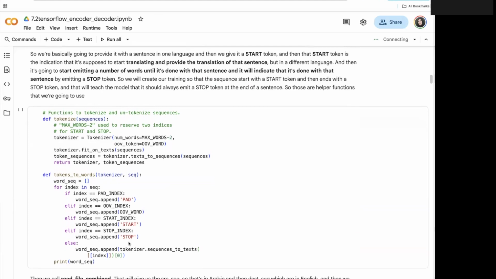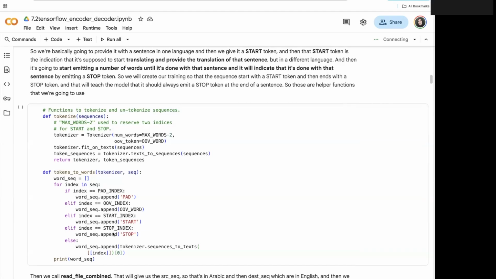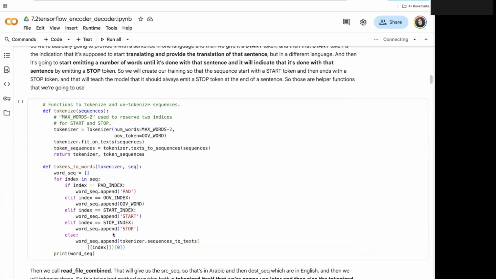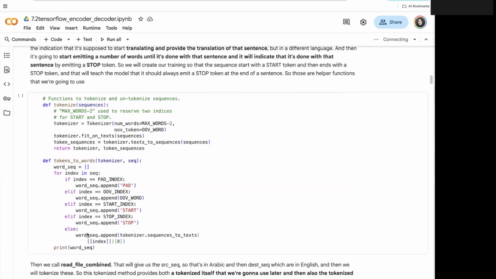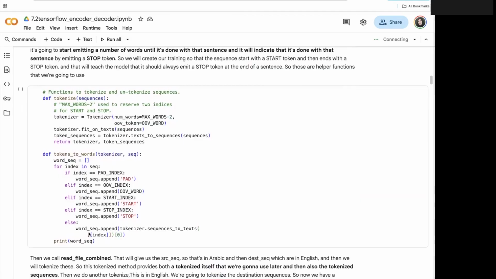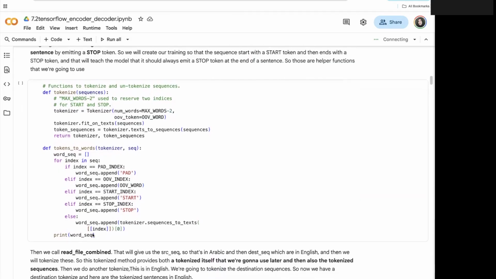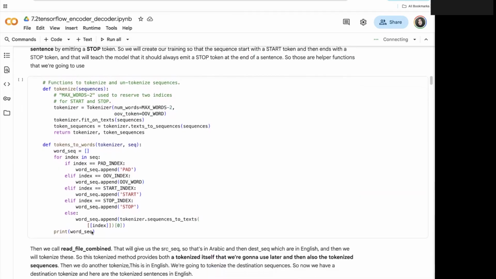And then it's going to start emitting a number of words until it's done with the sentence, and it will indicate that it's done by emitting a stop token. So we'll create our training so that the sequence starts with a start token and ends with a stop token. And then we will teach the model that it should always emit a stop token at the end of a sentence. So those are helpers